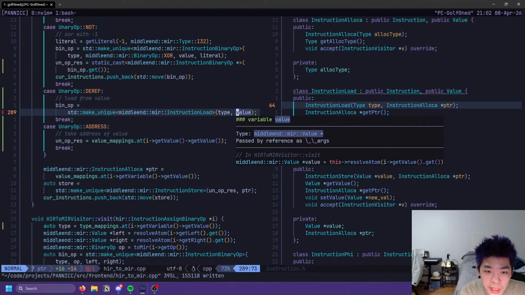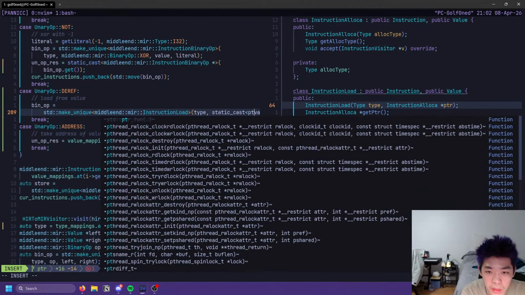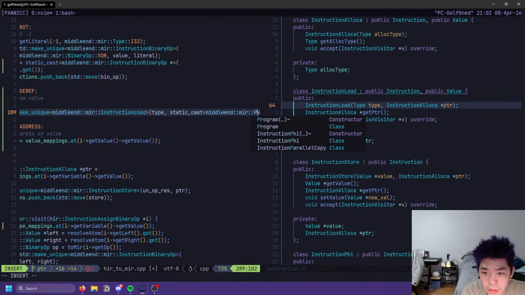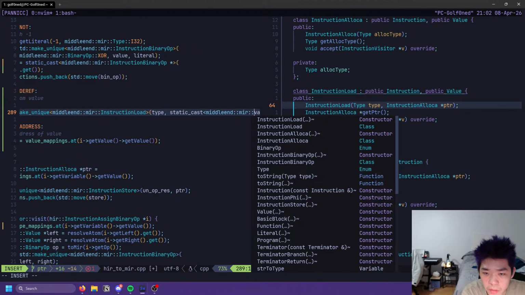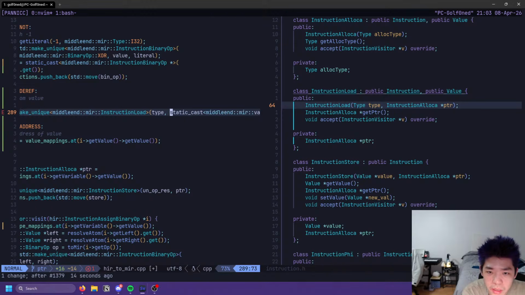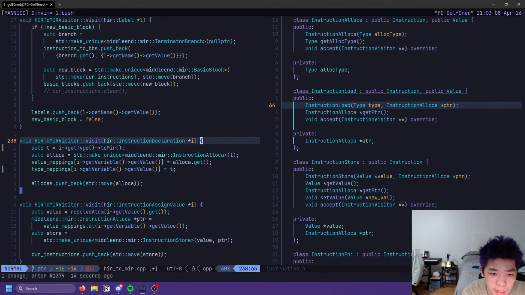What is wrong with this? Static cast to... what type does this take? It takes an allocate? What was I doing?